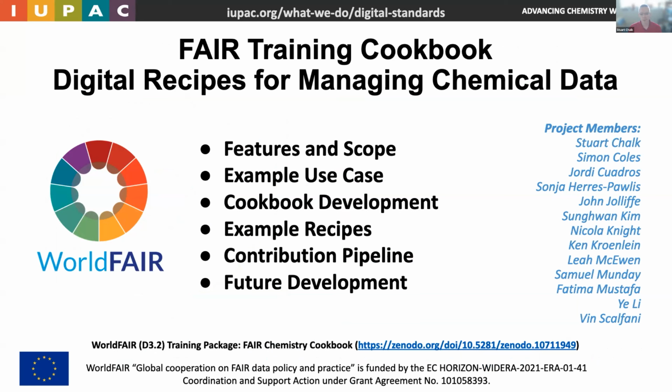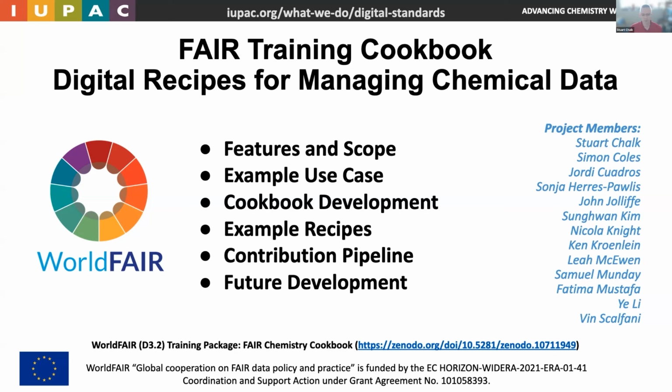And so this activity is centered around trying to come up with recipes that will help in different situations where chemists will need to either go find data, represent data, or upload data, and then other tools in different places